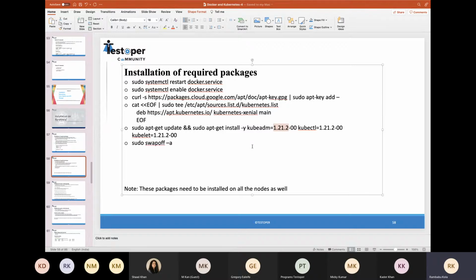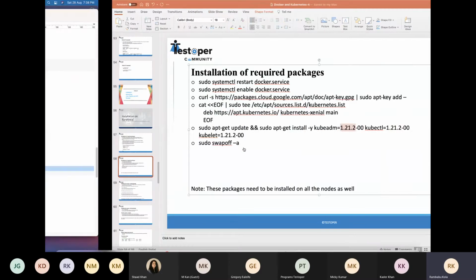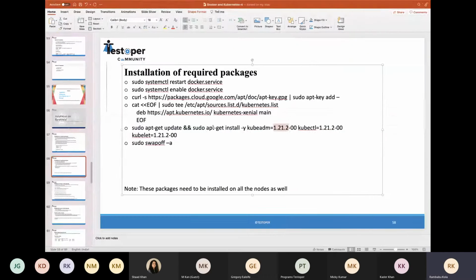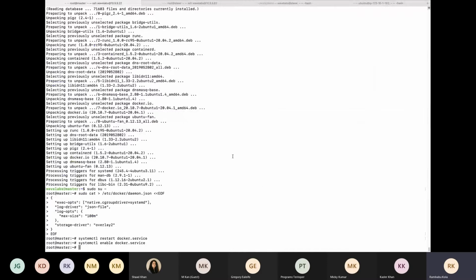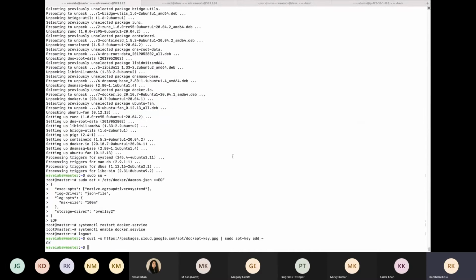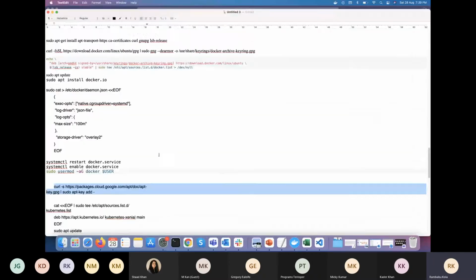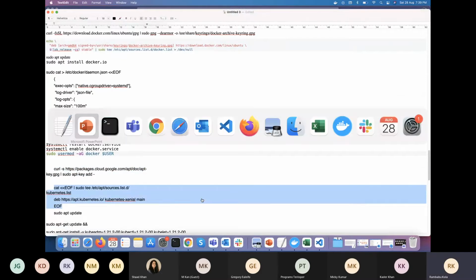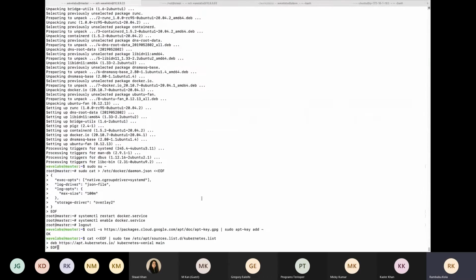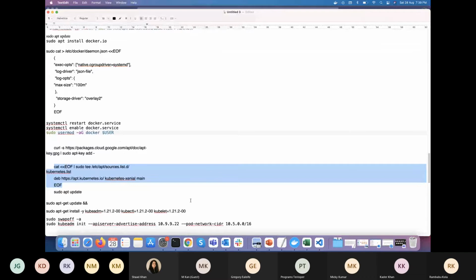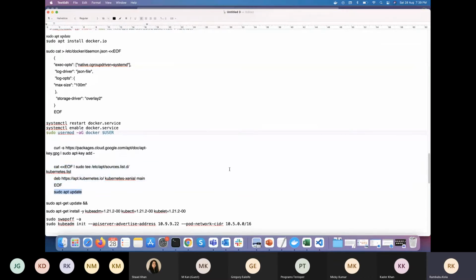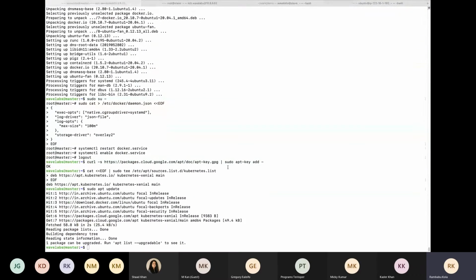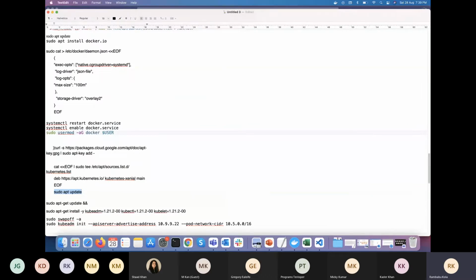Currently 1.22 is also there, but I'm using this version for the demo. I need to update the same steps on the other server as well.